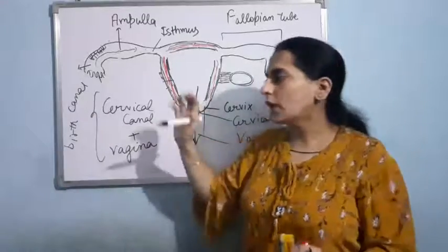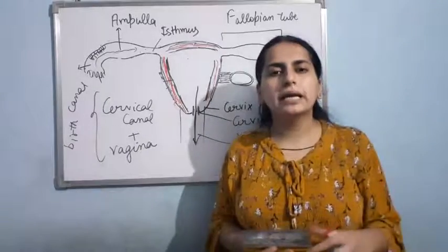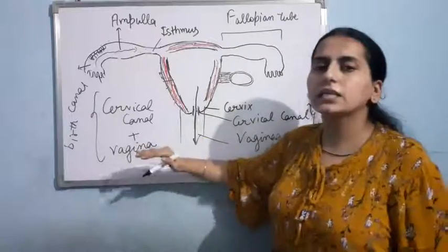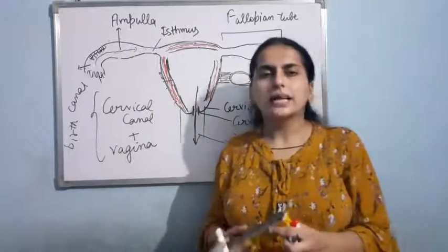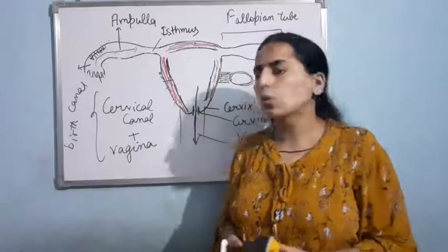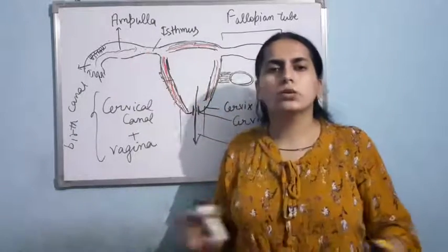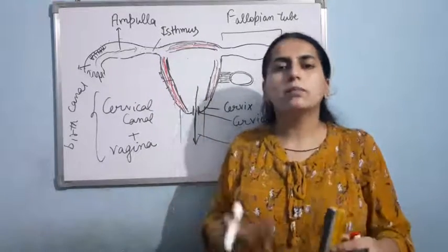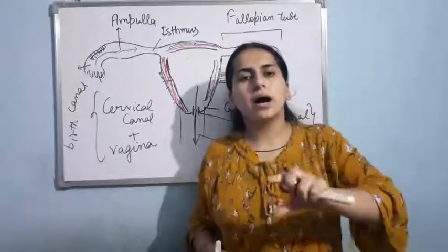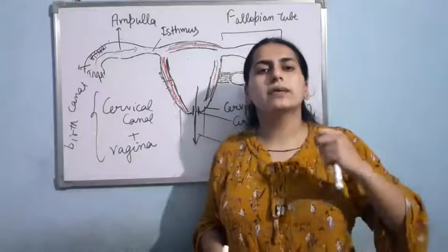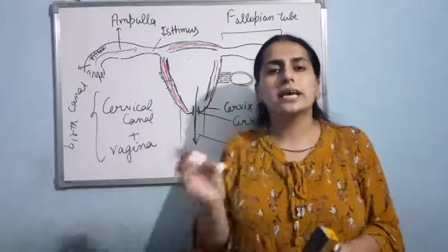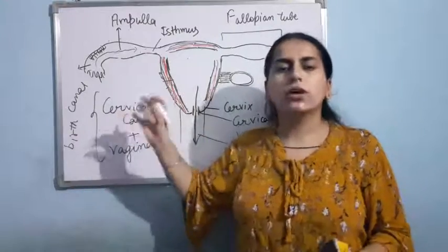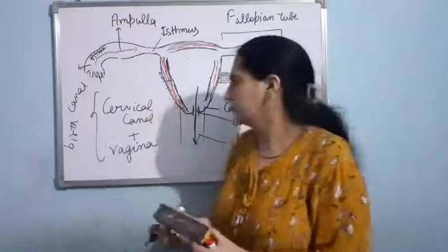Is it fine? Now, if I talk about the female external genitalia, this is all about the reproductive system, and this is present inside the pelvic area, that is the lower abdominal area. Now, this thing you can't see from the outside. Okay, the whole reproductive system is present inside the pelvic region, but there is a part that can be seen from the outside environment, and that is known as external genitalia. So now let us study the structure of the female external genitalia.